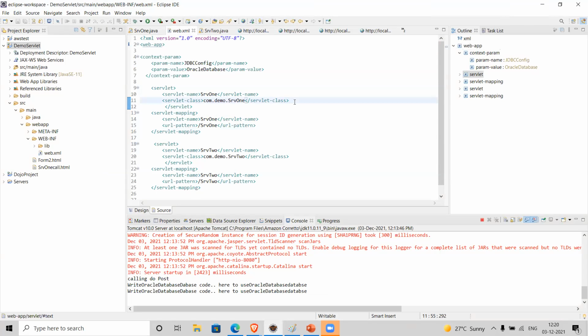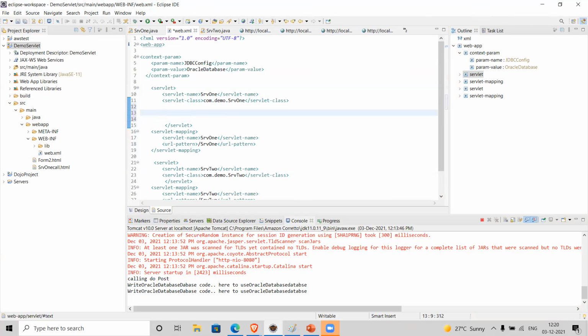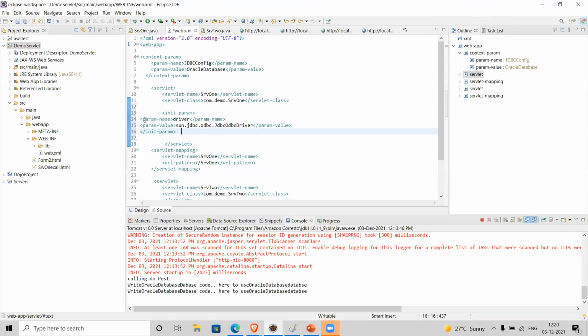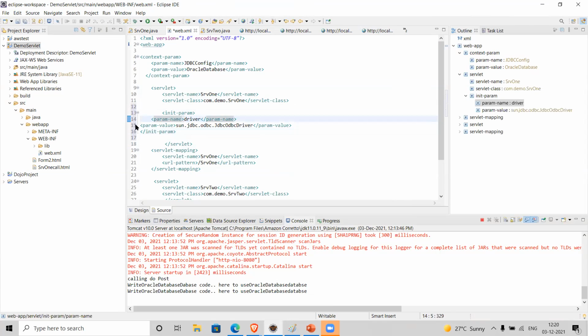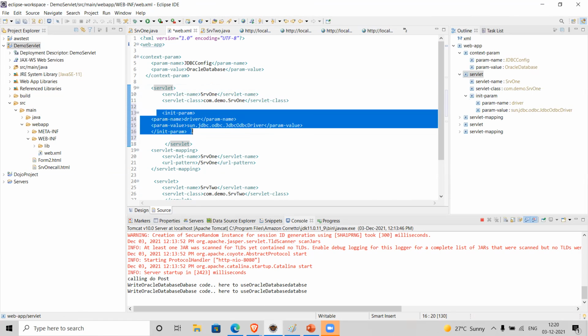So here I have servlet SRV1 related configuration, and here I should add servlet config information. This tag is specific to SRV1, and I can access this information within SRV1 only.